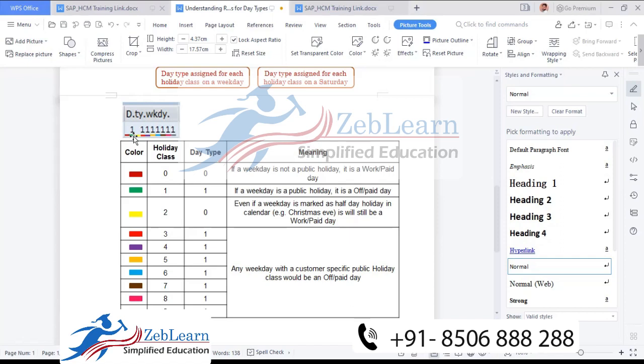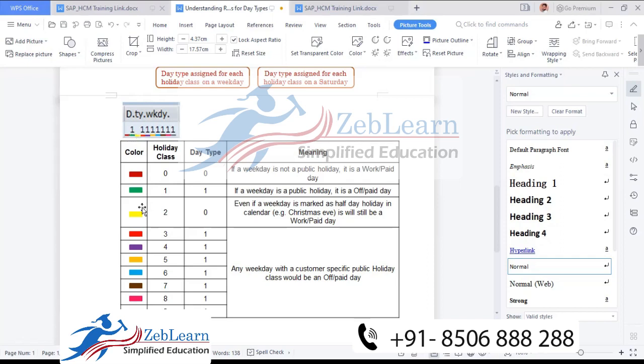Okay, such types of scenarios we will handle from these types. According to the Indian calendar, Diwali will be a holiday, but you are working for the USA client. For you, there is no Diwali holiday. For you, Diwali will be work and paid. So in such a scenario, we will configure it by removing the one above, in place of one. That means if holiday class falls between Monday to Friday, it will be a full day holiday, but we will consider it as a working day and paid day. So for that purpose we can just leave it blank. This is a different scenario.